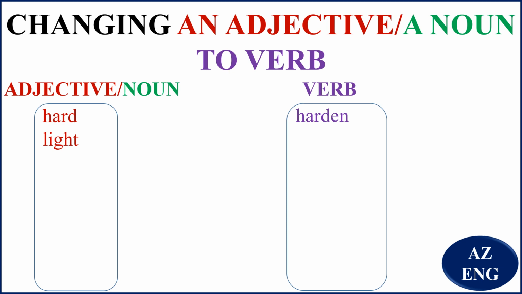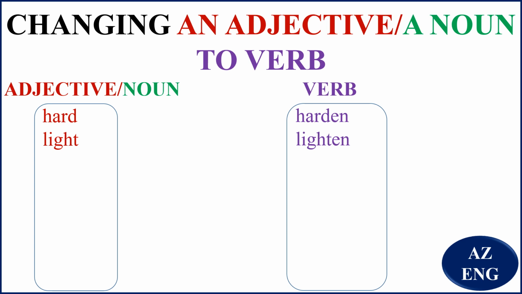So in the verb, you say lighten. That is, if you want to increase the brightness in it, what do you do? You lighten it. And you remember, the word light can mean something that is not heavy. So if something is heavy, you want to decrease, not increase. You want to decrease the heaviness in it. What do you do? You lighten it.